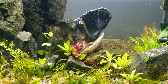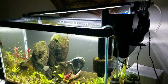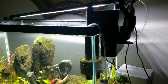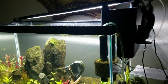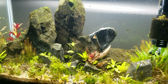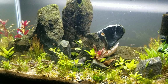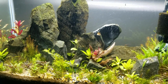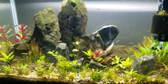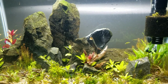So that is the setup. We've got the mini Fluval that I begrudgingly am using until I can afford something better to split amongst the tanks. And then we've got 26 species of plants in here. I know it doesn't look like it, but I've basically made this a little wonderland of any plant that I could get a cutting from, friends or buying, or even just Aquarium Zen in North Seattle has been rad, and